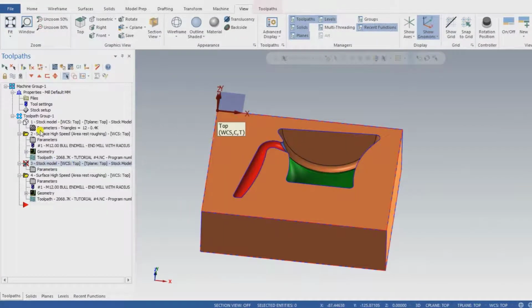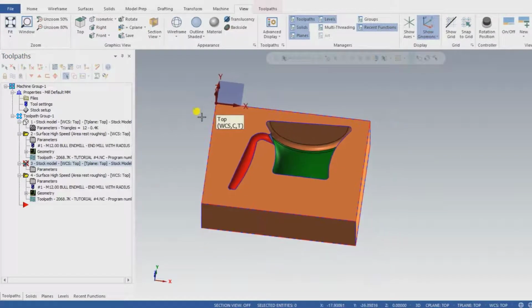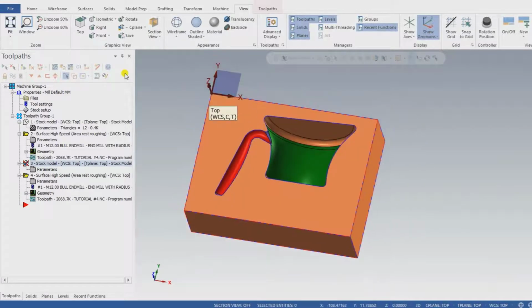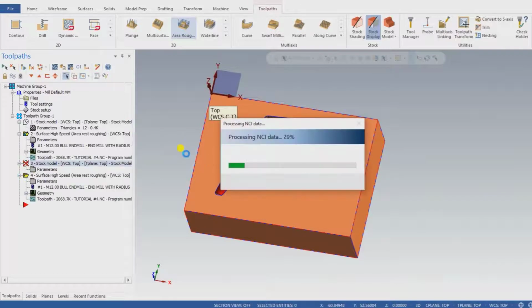So what I have to do, I say that that one is my last raw material, and that is the operation. So when my material is cut from that operation to that operation, at that time how much material will still be available. So I just have to regenerate that operation again.